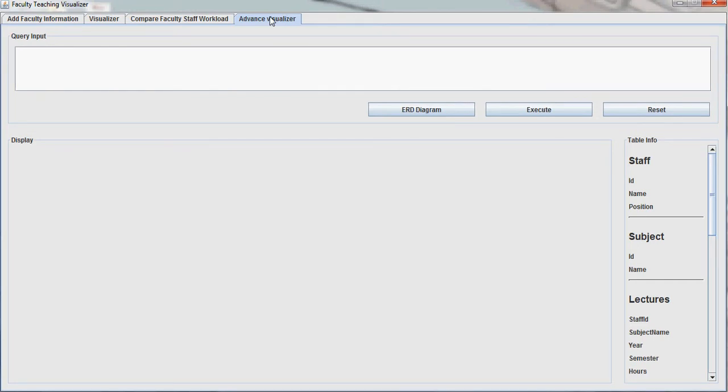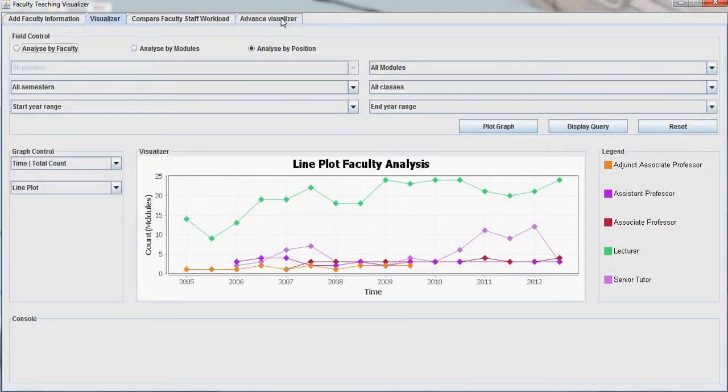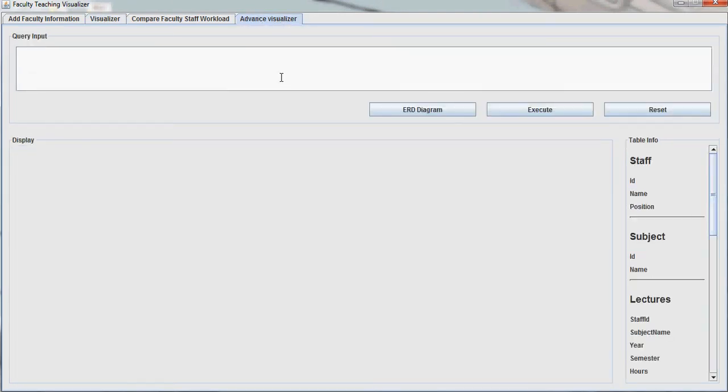Say we select some hours over the years for lectures, and we can reference back to the table on table info. This is the table name, and this is the table attributes. We listed down all tables and table attributes, and we go ahead with lectures,